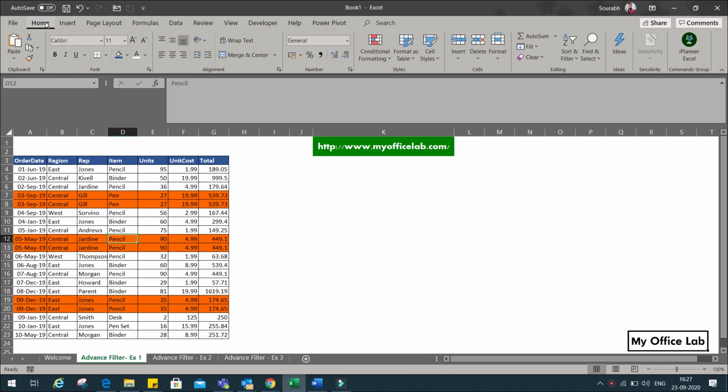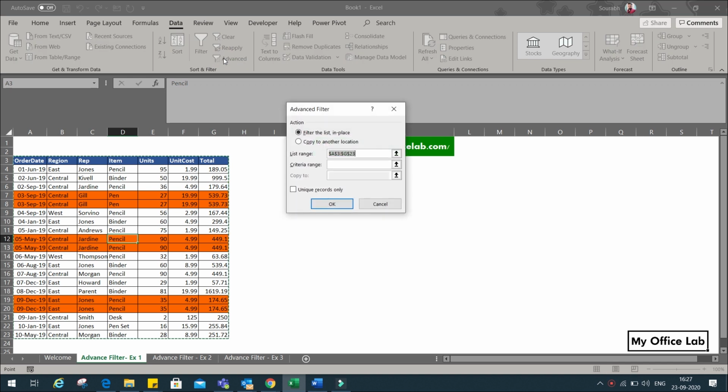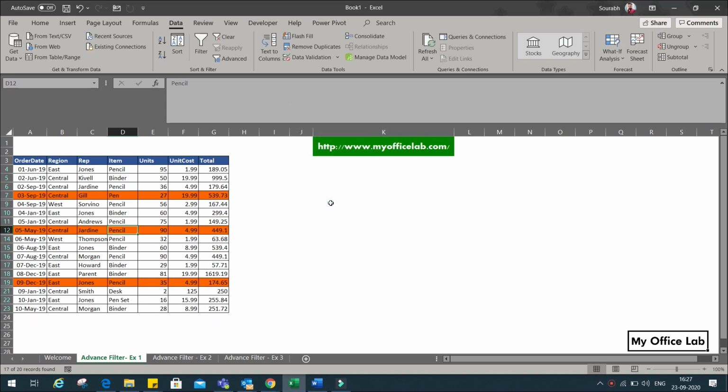In the first example, I'll show you how we can remove the duplicates. As you can see, I've highlighted the duplicate records in a different color. Now to remove those, we'll go to the Data tab, click on Advanced Filter to open the Advanced Filter dialog box. Now we'll make sure that Filter the list, in-place is selected, and Excel will automatically detect the list range, as you can see the running ants across the selected data. Now we'll click on the Unique records only checkbox and click OK. So now you can see it has removed the duplicate cells and given us unique data records.